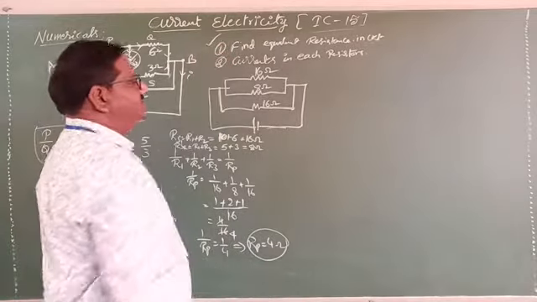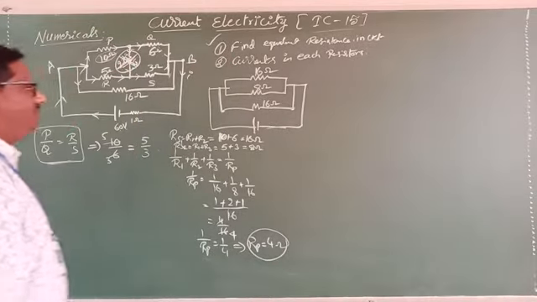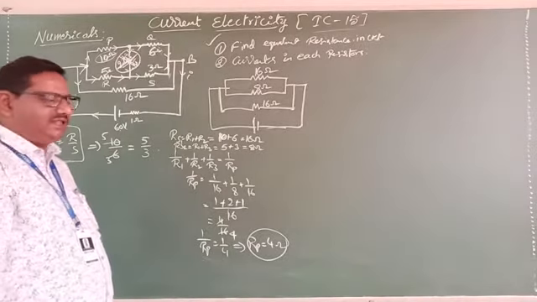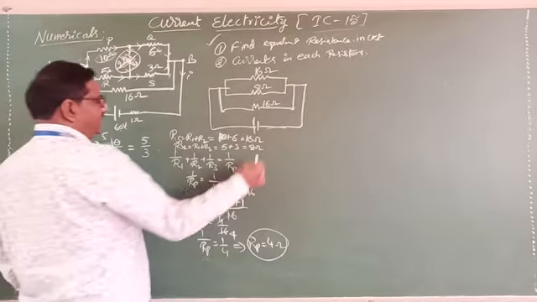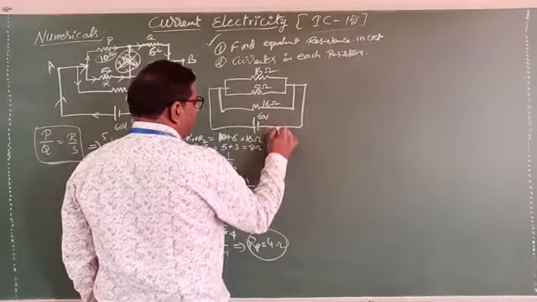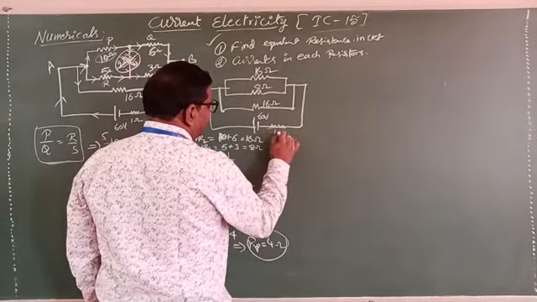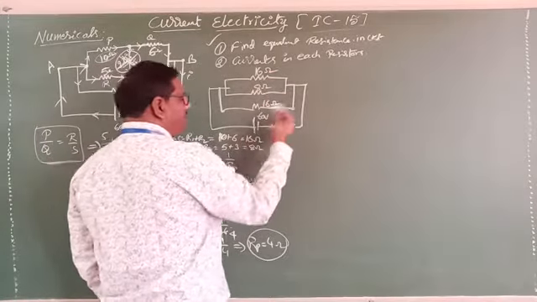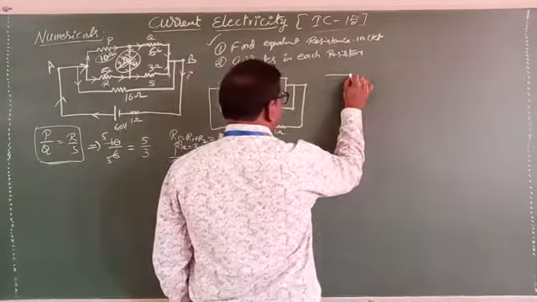Find the equivalent resistance in the circuit over. Now the current in each resistor. To measure that, first of all we measure the total current in the circuit. Here what they gave? 60 volt, and here 1 ohm internal resistance also has to be considered. This is the effective. Now I will connect this one like this.